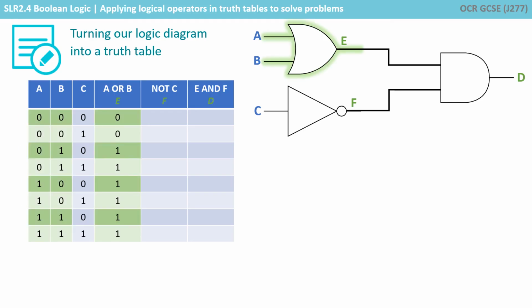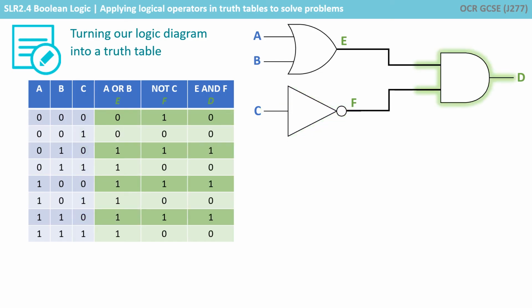So now we start working through the truth table. Let's start with the OR gate. So the OR gate takes in A and B, and remember, if either of those is 1, the output E should be 1. So you can see I've filled that out here with zeros and ones as appropriate. Now I'm dealing with a NOT gate. This only has one input, that's C, and it's dead easy. Whatever's in C is flipped and NOTed to be F. So the zeros become ones and the ones become zeros. And you can see I've done that there.